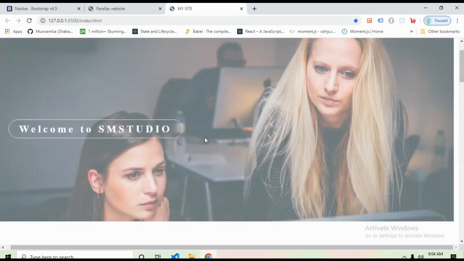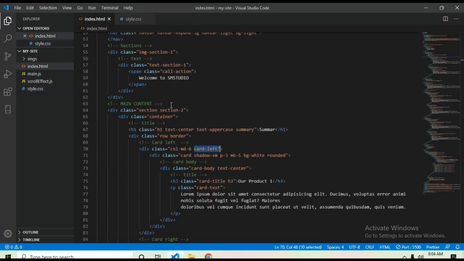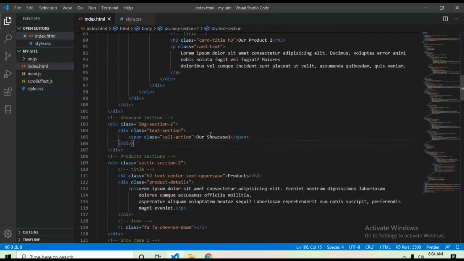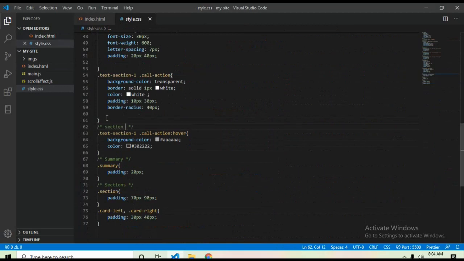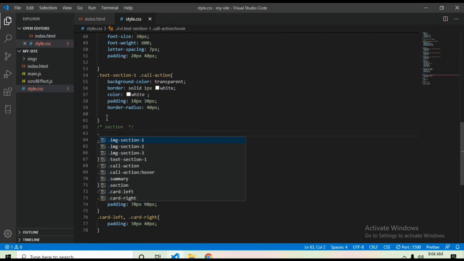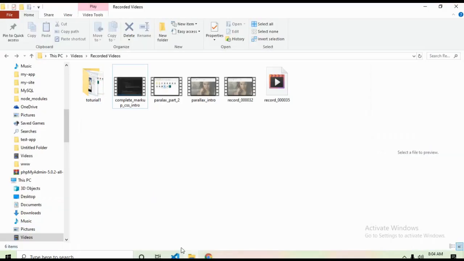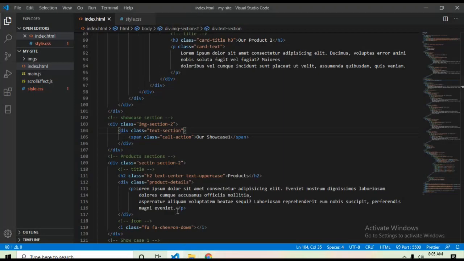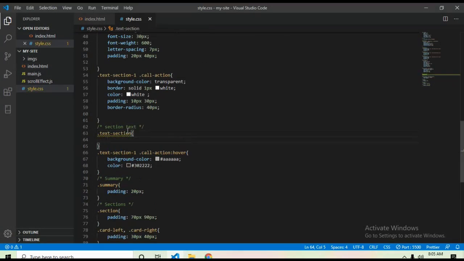Another thing I want to add is here the title for the following section. I want to add this title here, call to action for the section 2. So section 2, here we have a text section. Sorry, let's have a text section. First of all, let's just start the text section here. Let's call it the text section. So for the text section,